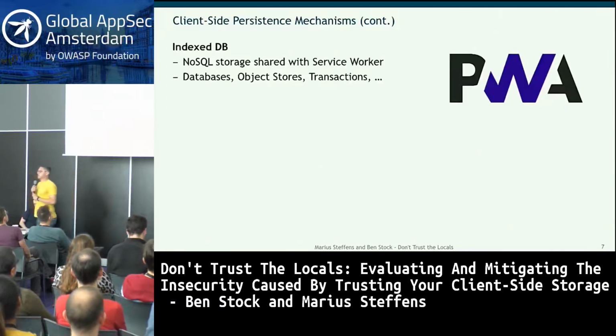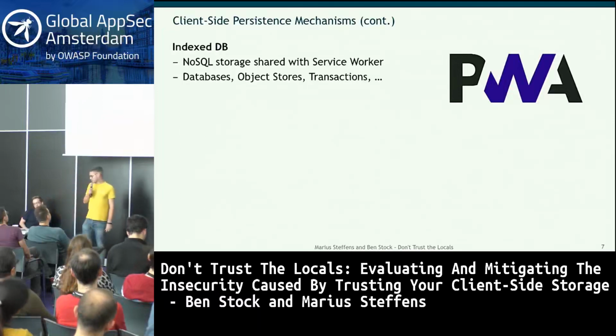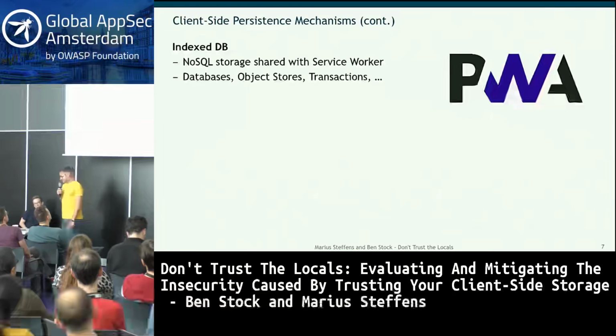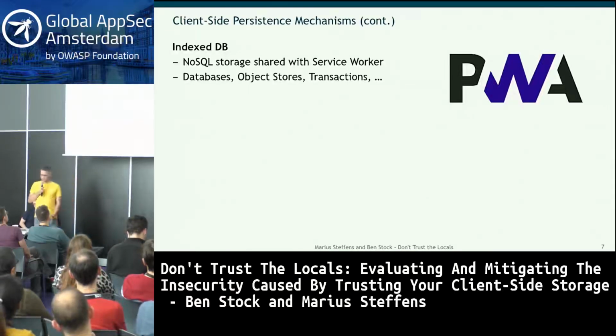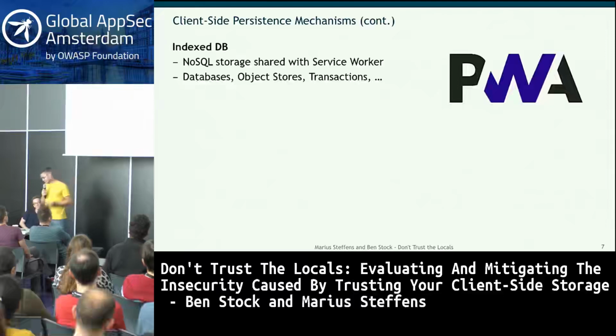And a third type of data source that we looked at, or persistence mechanism, is IndexedDB. So if anybody has used IndexedDB, I'm very sorry for you, let me put it this way. It's meant to be a NoSQL database, especially also shared with service workers. So in this whole progressive web app hype that has been going on, we have different concepts: database, object stores, transactions. But the gist of it is, if you want to retrieve a single value from IndexedDB, you need about 30 lines of code. Okay, so that's a lot of fun.